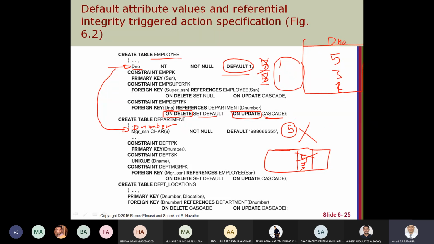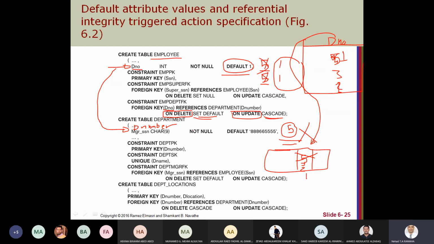Because when we try to set default for this foreign key, we will change this one to 1. But if you look here, D number 1 does not exist in the primary key, so it will be rejected. Even deleting 5 here will be rejected if we don't have the default value in the primary key.